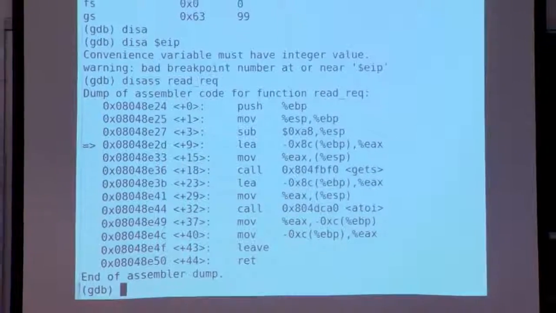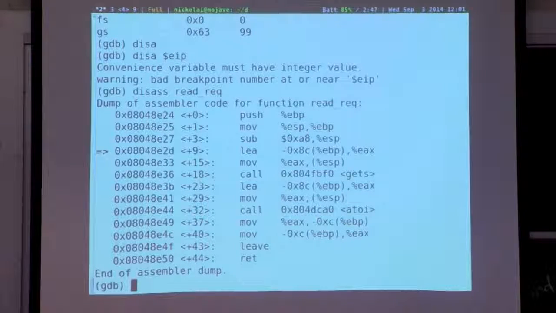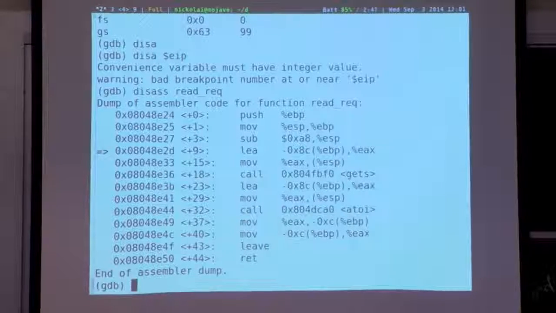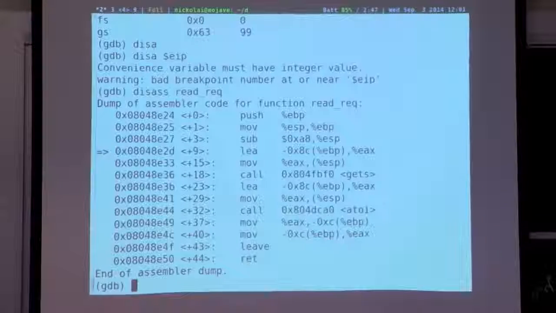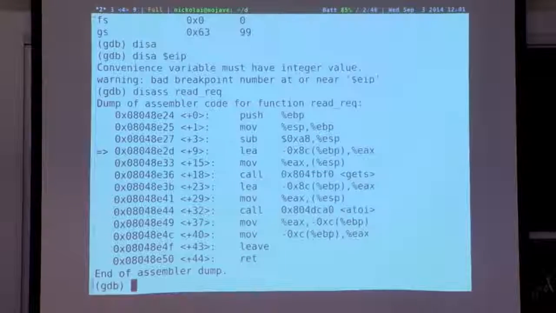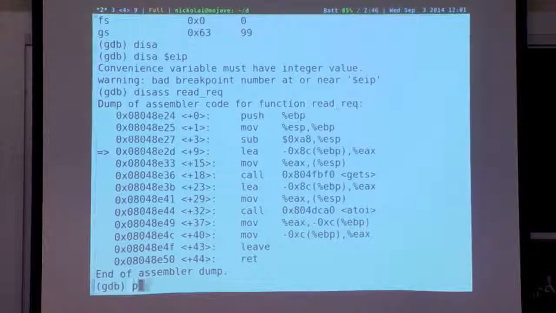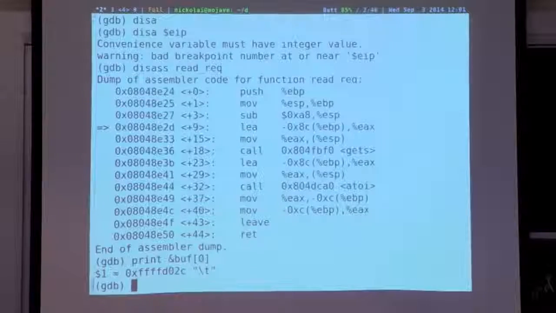And currently, there's stuff above it that is going to be the buffer, that integer value, and actually also the return address into the main function goes on the stack as well. So somewhere here, we'll have the return address. And we can actually try to figure out where things are on the stack. So we can print the address of that buffer variable. So the buffer variable is at address D02C.